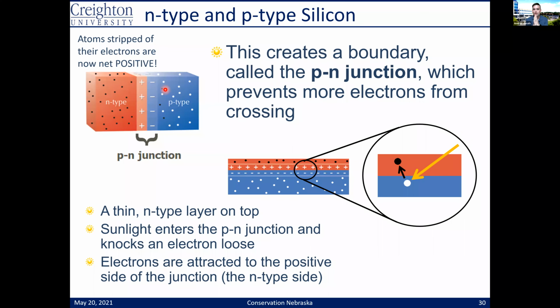So now imagine we can keep doing this over and over again, right? So every time a photon comes in, it ejects an electron, right? So a photon comes in, tick, tick, tick, it ejects an electron. The electron's going to go over to the N-type side because of this positive charge. It's going to say, hey, there's a positive charge. Zoom, it's going to sail across. It's going to go hang out with his friends, and we're going to start building up electrons on this top surface. And we're going to start building up holes on this bottom surface. And it's just going to keep growing and growing the more light we shine on it.